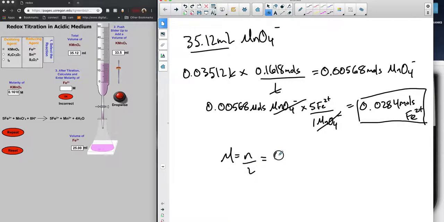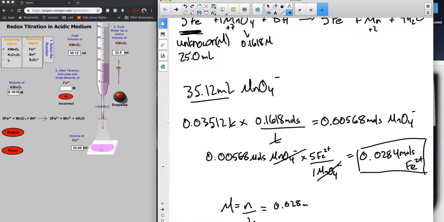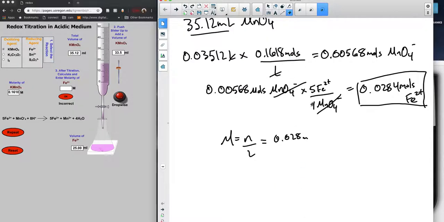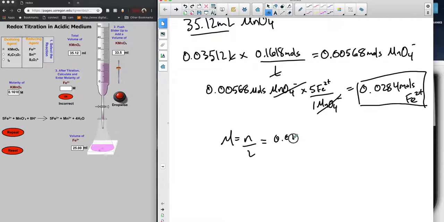In this case I had 0.0284 moles. And my screen keeps unextending on me, so bear with me for a sec. 0.0284 moles, and that's all divided by my